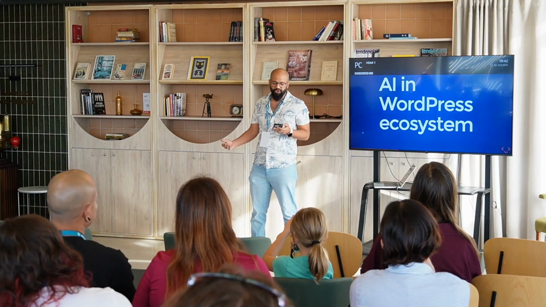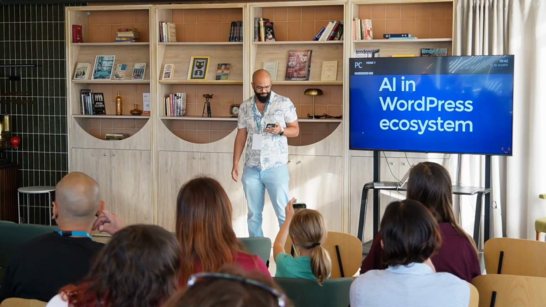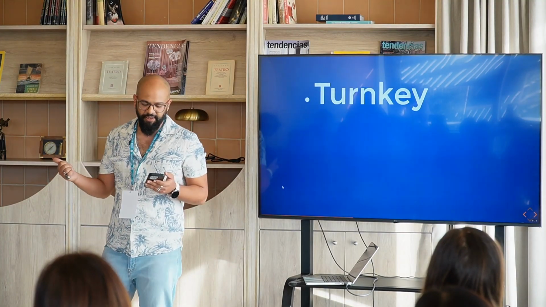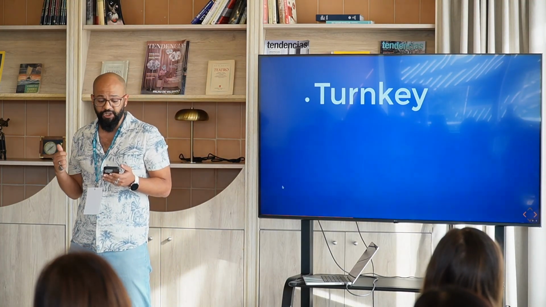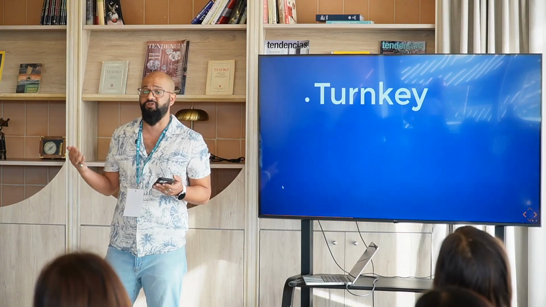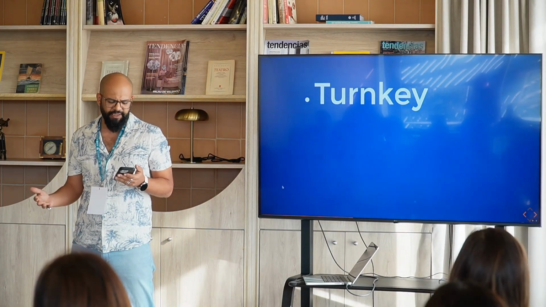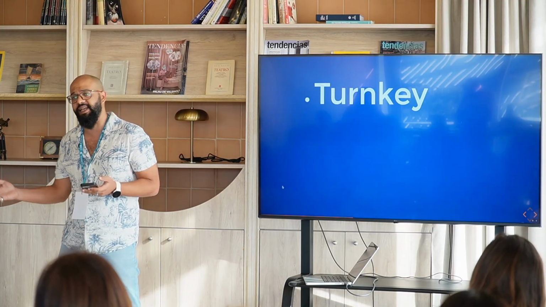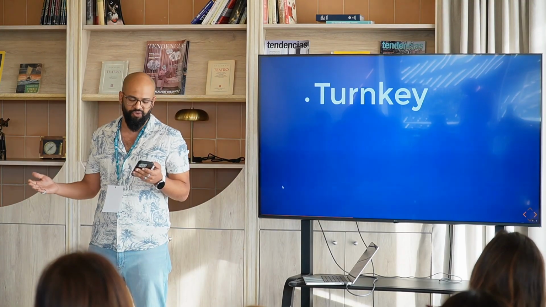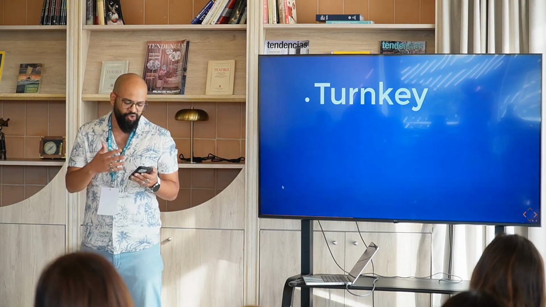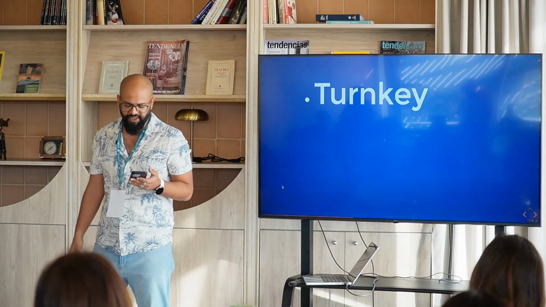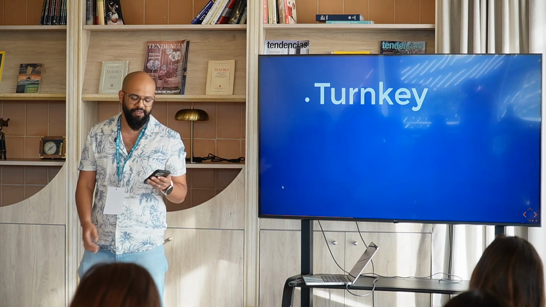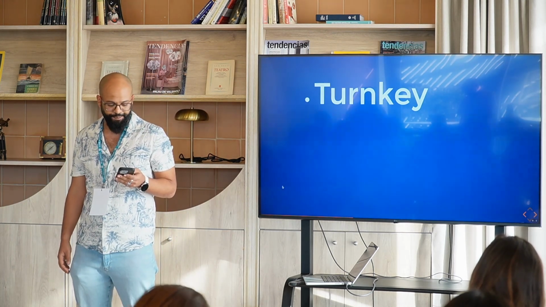So let's examine what AI tools exist in the WordPress ecosystem that we can leverage. We have three main categories. First, turnkey commercial solutions, plugins that you can install in a few minutes and get a few accessibility features right out of the box. They offer turnkey compliance solutions. They often leverage AI to scan the site for accessibility and/or remediate issues using AI features. Try these when you need a lower barrier of entry to accessibility, comprehensive catch-all solutions, and to evaluate your site's compliance to accessibility rules.